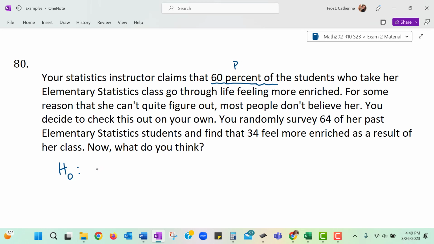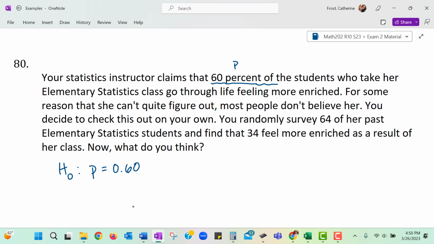So this is indeed a proportion that we want to test. We're not looking to see if it is 60%; we'll see what our alternative hypothesis is in a second. But the default is that our proportion is actually equal to